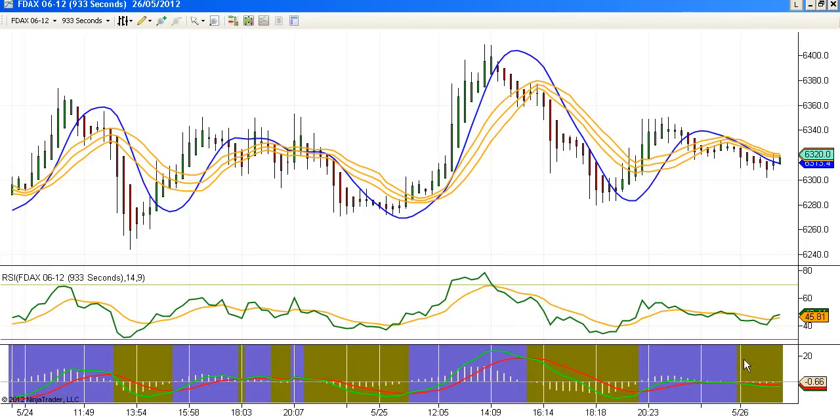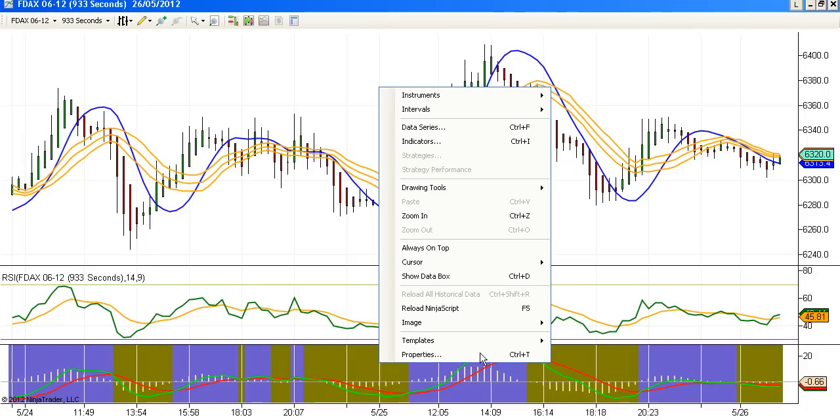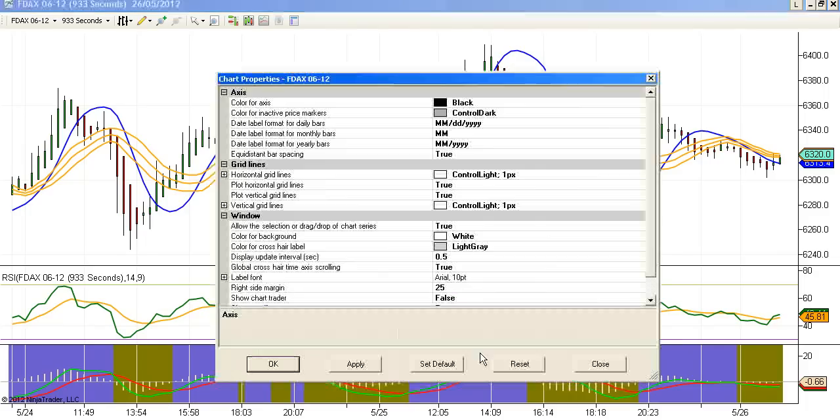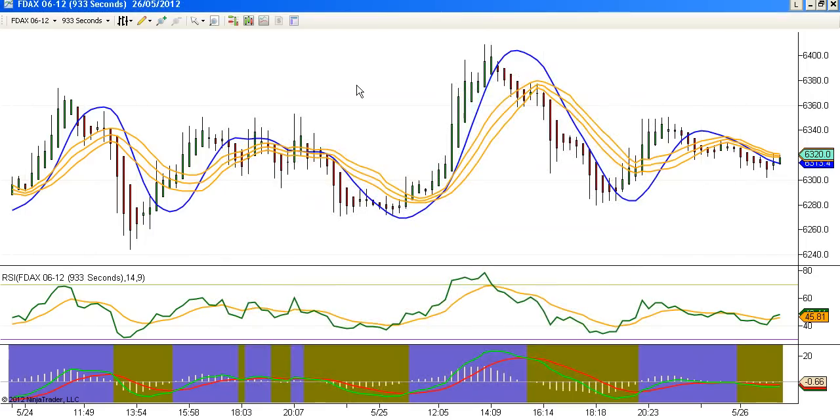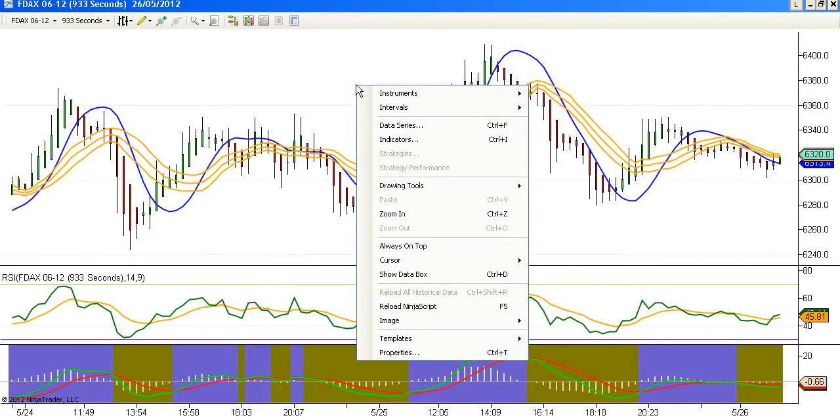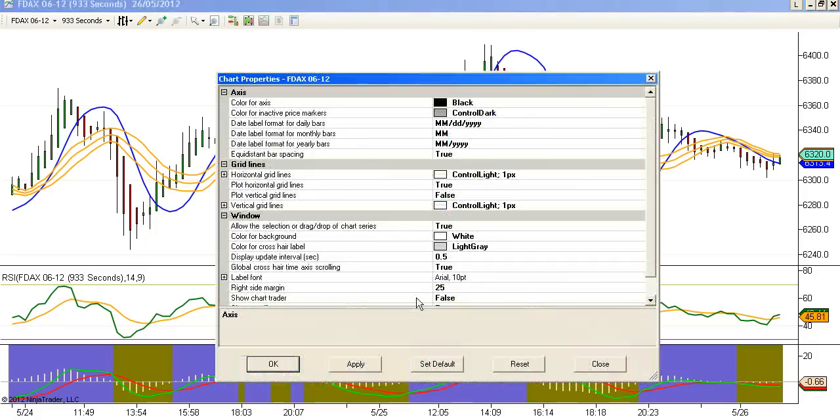The lines that you see here can be removed by going to properties, by hiding vertical lines. Right click on the chart, click on the properties, the second one.